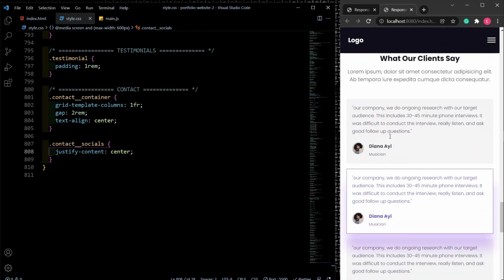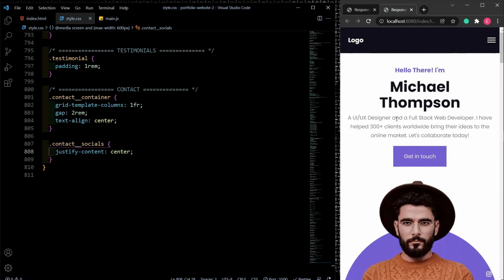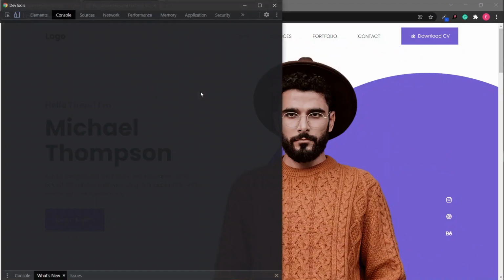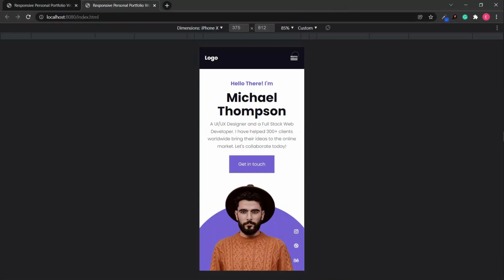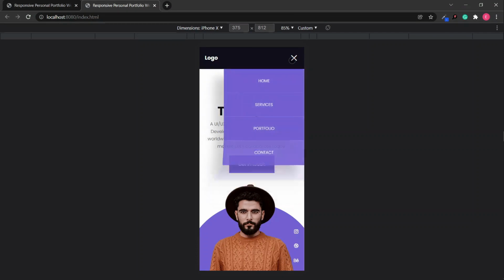And I think we are done with the mobile version of this website. Okay, now this is looking pretty good. And everything is looking great. Okay, everything is working great. Let's see,